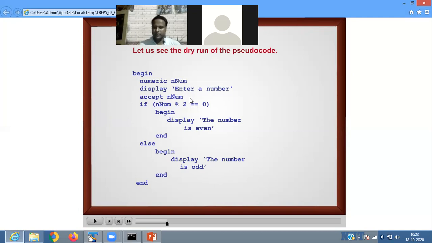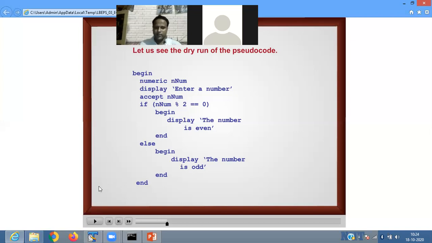Then you accept a number, and for checking the modularity, we use number modulo 2 is equal to 0. If number modulo 2 is equal to 0, then it displays the number is even, or else it shows you the number is odd.